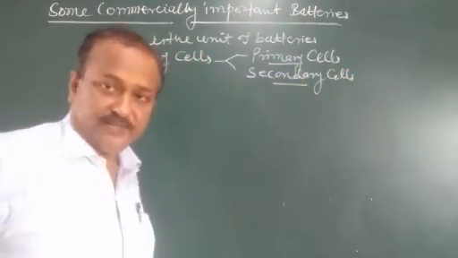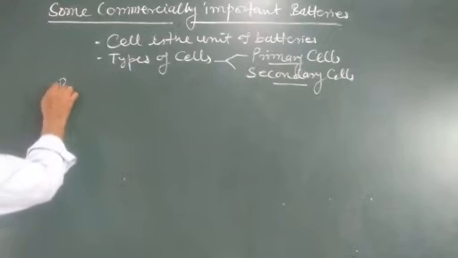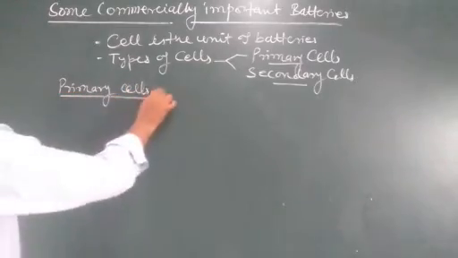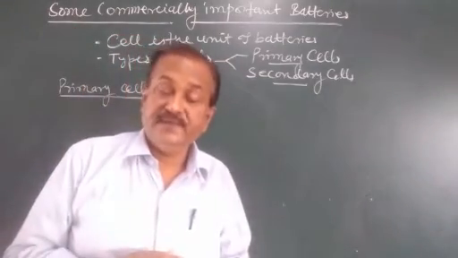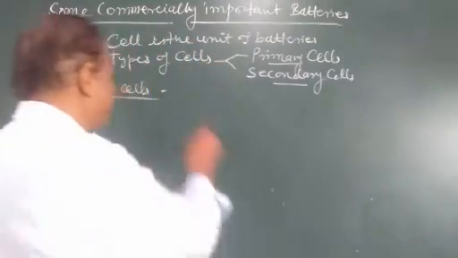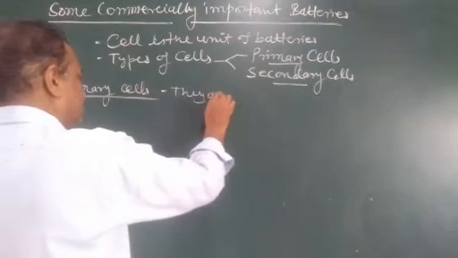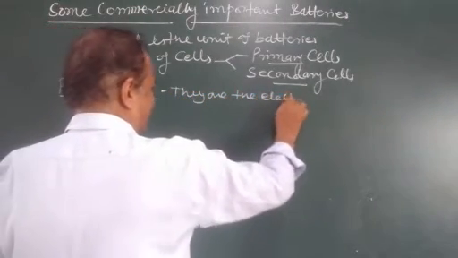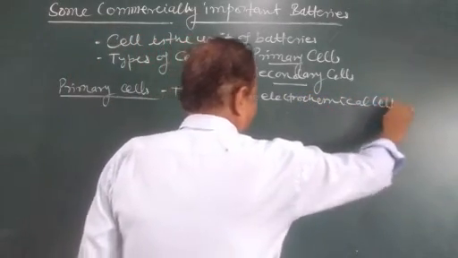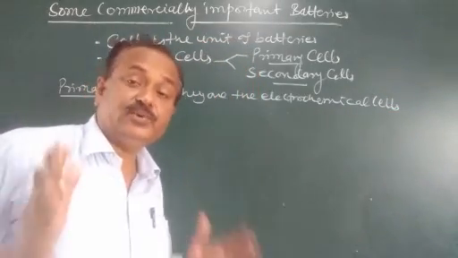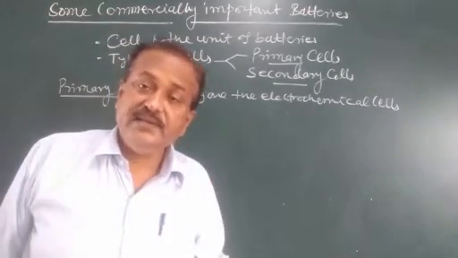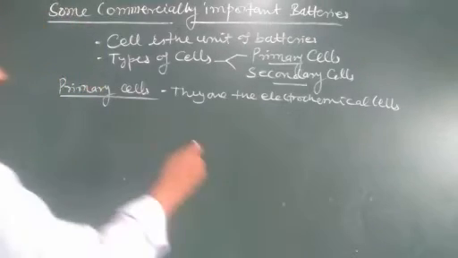So, there are two types. Now, we'll see about the primary cells. As the name indicates, primary cells are the basic cells, and once they are exhausted, they cannot be used again and again. They are electrochemical cells, children. All of them, primary or secondary, are electrochemical because there is a chemical reaction. In order to chemical reaction, electricity is produced. So, they are electrochemical cells